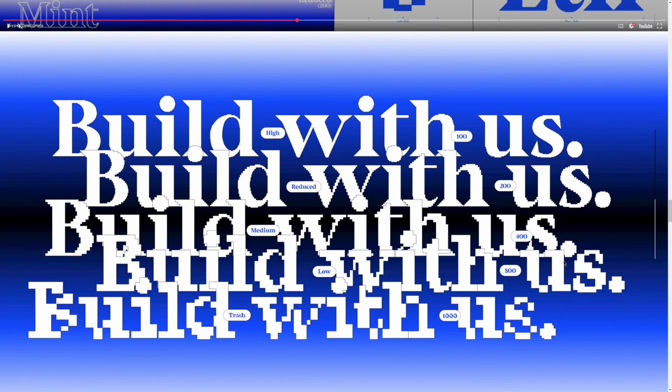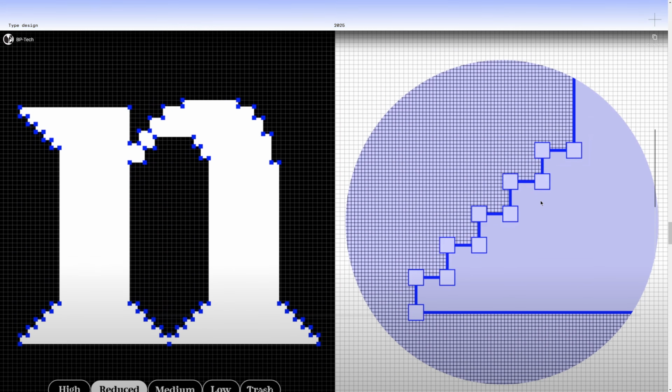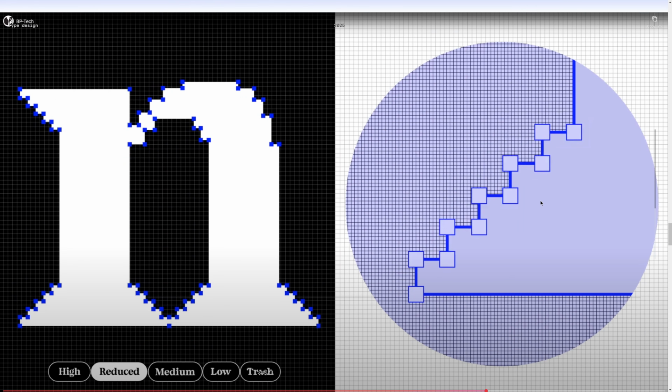But it's not like a full-fledged font that you're actually going to be able to use for branding or anything like that. Despite the fact that I think some of these variations, particularly high, reduced, and medium, look pretty cool. I could see working with those at a larger scale, but you're not going to be doing that with Base Pixel unless this ends up getting expanded, which I don't think is going to be the case,